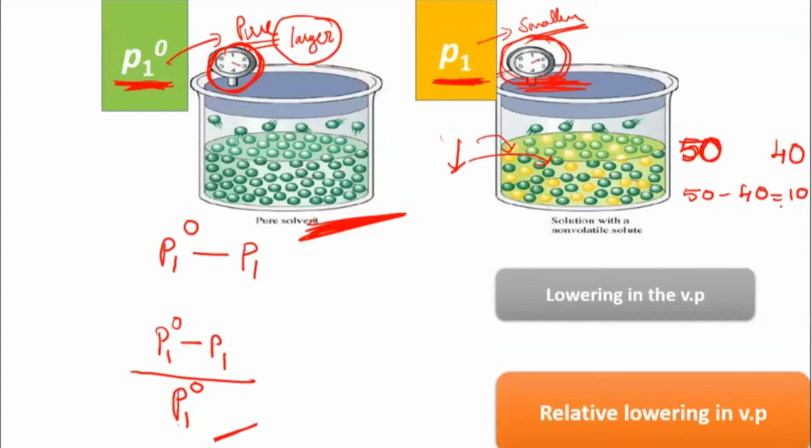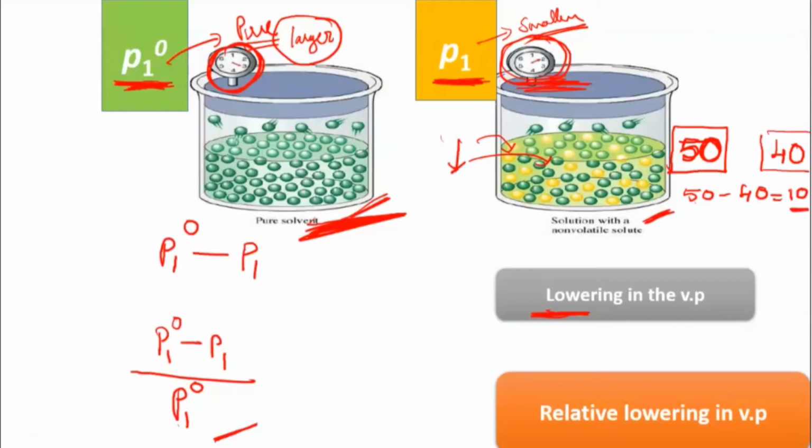That is lowering. Here I am talking in terms of vapor pressure. So initially this was there, and then after adding the solute, it got less. Like that, only one child wrote the exam, it was out of 50 marks. Due to some reason, maybe some distraction, he was not able to study properly, he scored 40. Now if you take the difference between 50 minus 40, you will see that he scored 10 marks less.